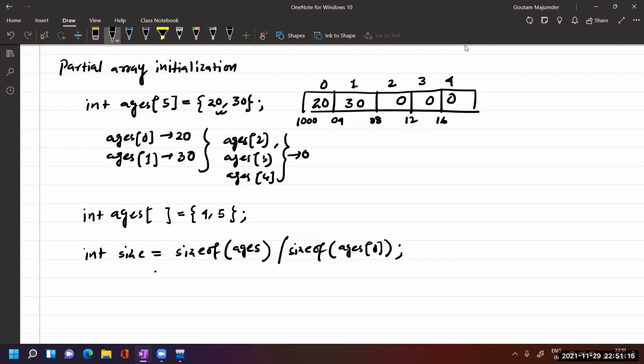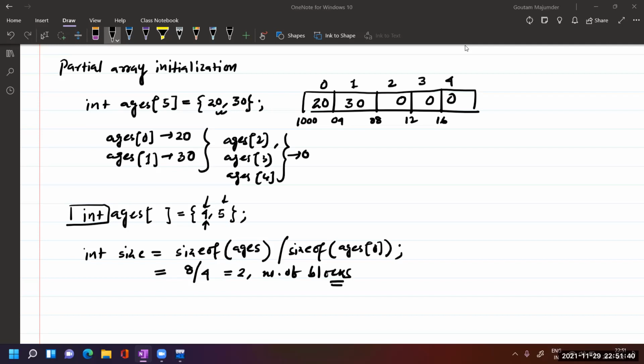Size of ages, with 2 items initialized, is 2 into 4, which is 8. 8 divided by size of ages of 0, which is an integer. The size of an integer will be 4. So 2 is the number of items or number of blocks that need to be reserved.